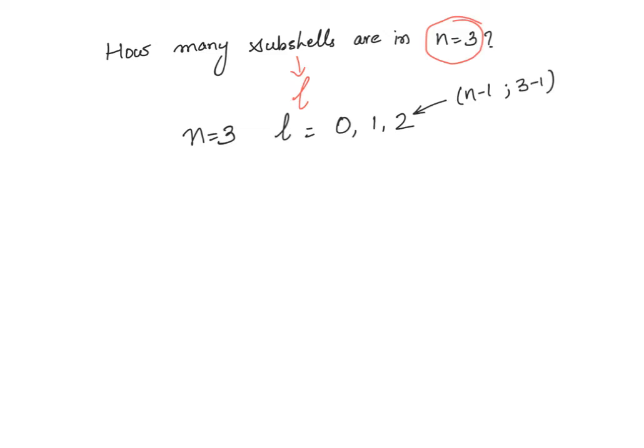Now if this question had a variation, and instead of asking how many subshells, you came across a question, how many orbitals are in n equals 3, right? So now they're asking you for orbitals, which means you're looking for